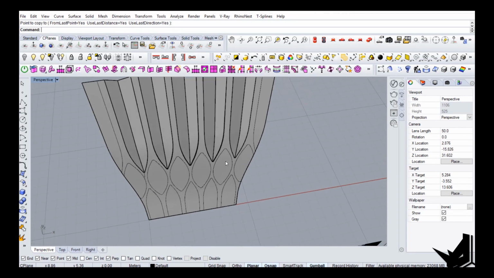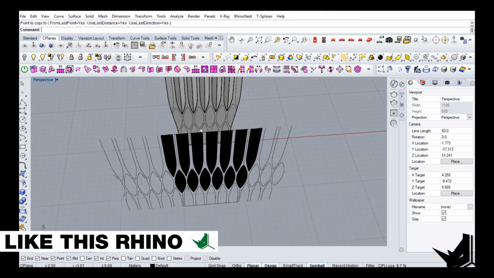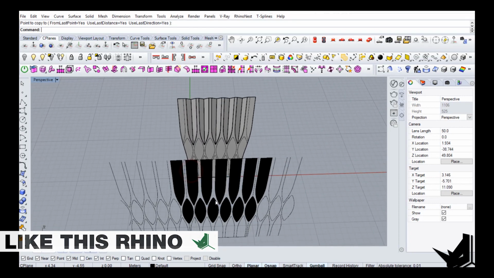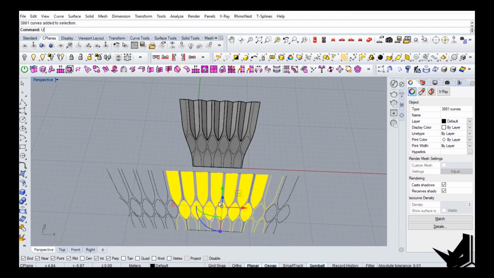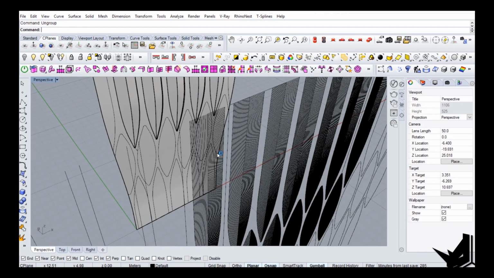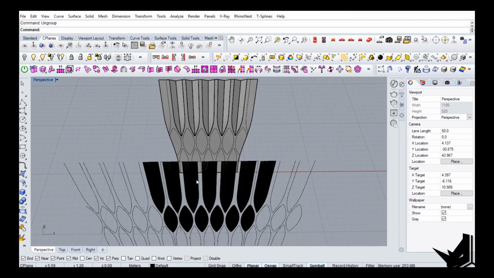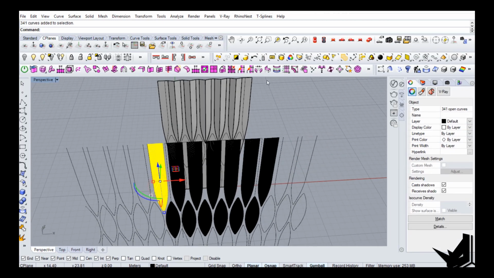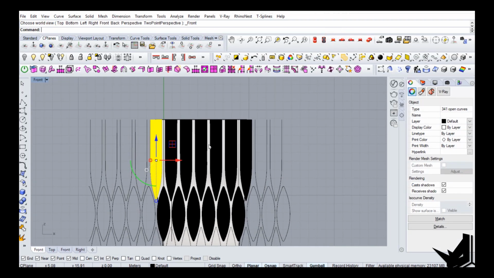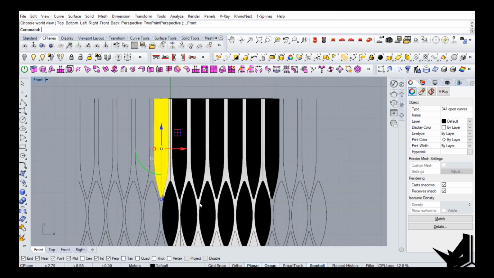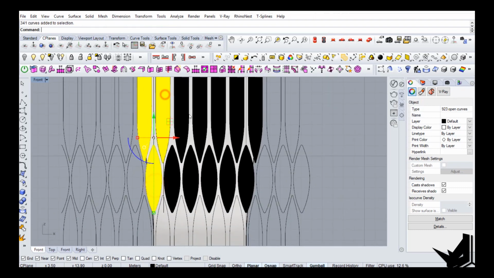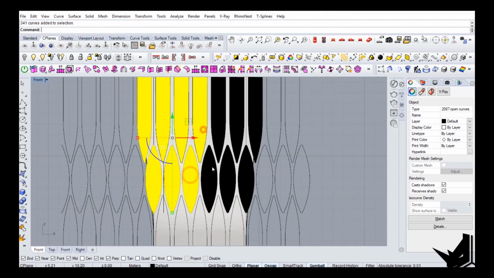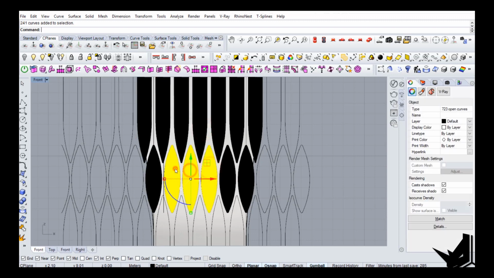Once we have this prepared, we can actually use these to create these extrusions inside. So I'm just going to go to the front view now to check to see if everything is all right. Seems it is. So let's select all of these curves